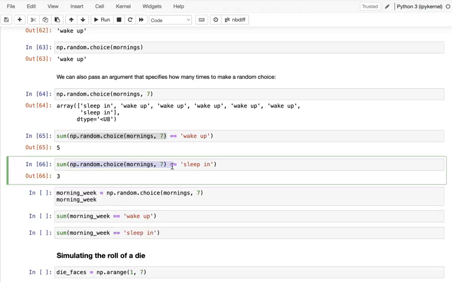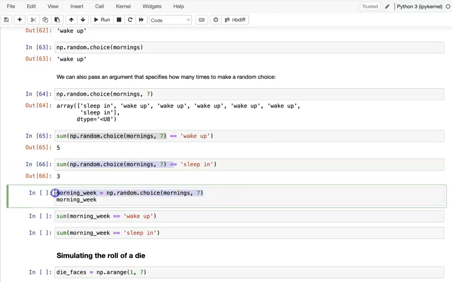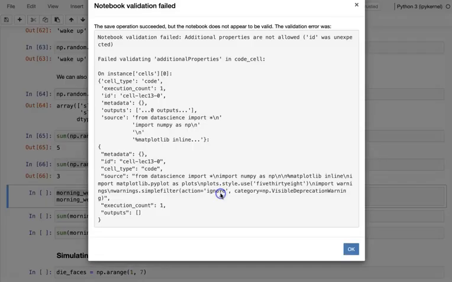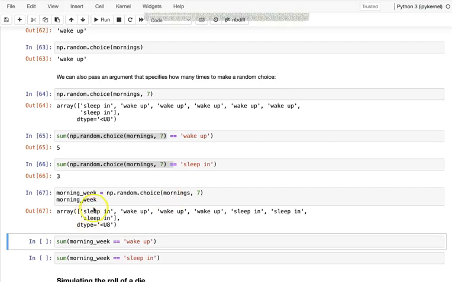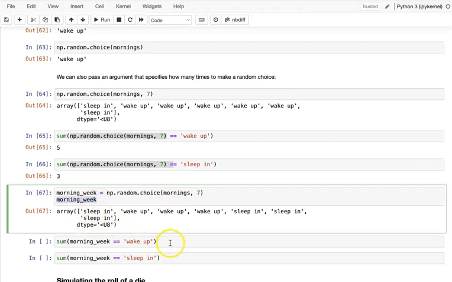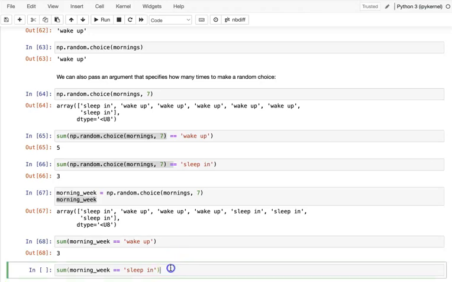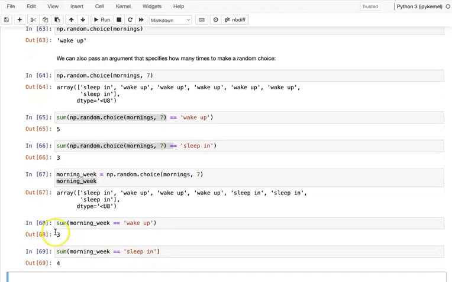If we really want to know how many times you wake up or sleep in during a week, you run the random selection with 7 times, passing the mornings array. Please save your results in an array, which we call morning week. Then from here you can know how many times you wake up and how many times you sleep in. This one is 3 plus 4, which is 7. So that's random selection. After you know the random selection,